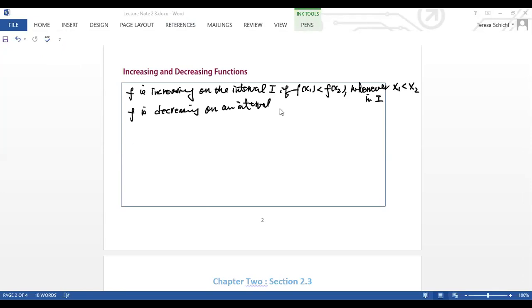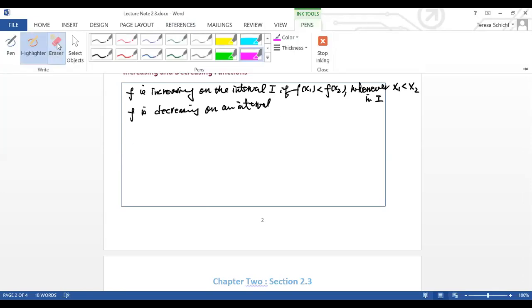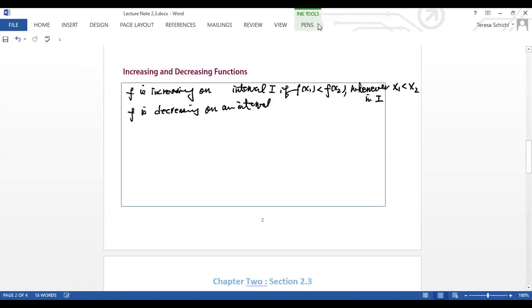Okay, so here on an interval, it's the same thing. If decreasing, that means f of x1 is greater than f of x2, right? So it's the same thing: whenever x1 is less than x2 in I. Now if you take a look at the graph,